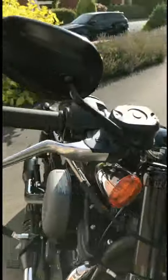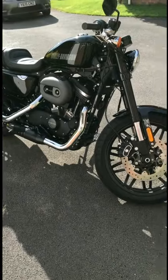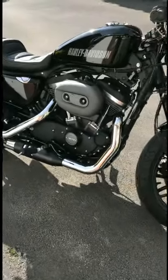That slammed handlebars, pretty comfortable. You sit in a fairly upright riding position. I'll likely put on some